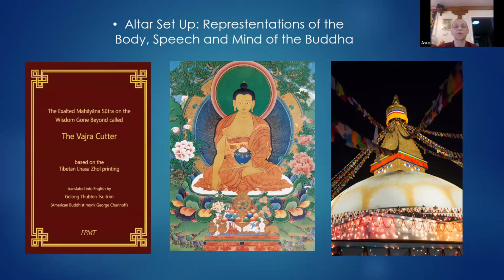So if we have an altar, what we want to have is the representation of the body. Obviously here we have an image, but if you have a statue or a tanka or a painting of the Buddha, that's wonderful. There are many other types of Buddhas, like the Compassion Buddha and Medicine Buddha, many, many ones. But to start off, we usually have the image of the Buddha, no matter what other Buddhas and practices we might be doing. It's kind of fundamental to have an image